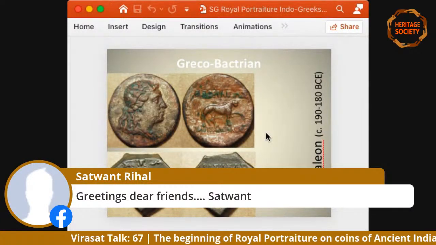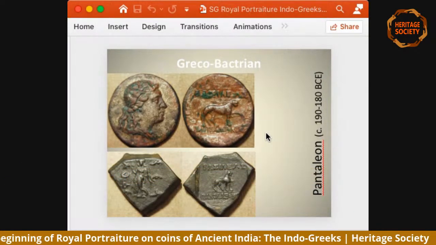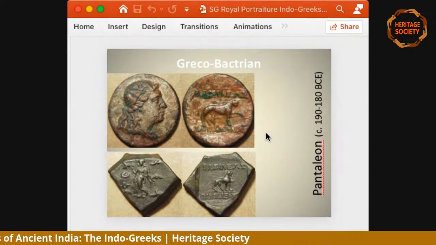And the same Pantaleon, from here we see how the Indianization of the coins of the Greco-Bactrian rulers